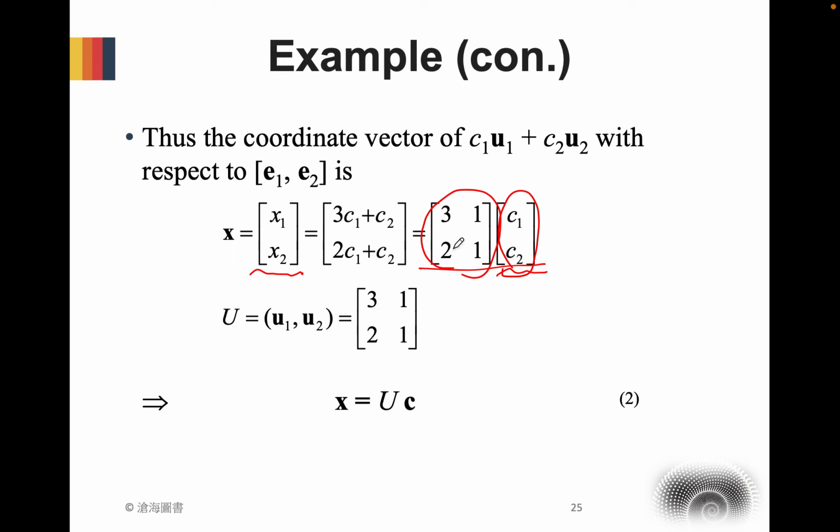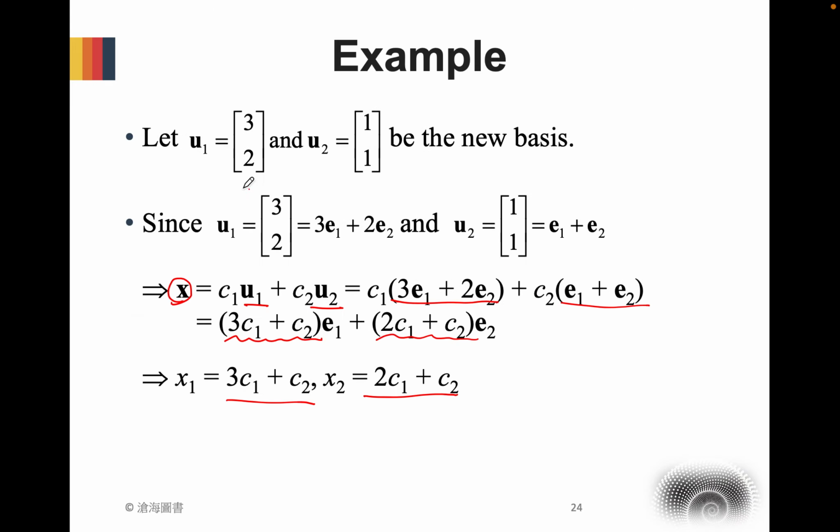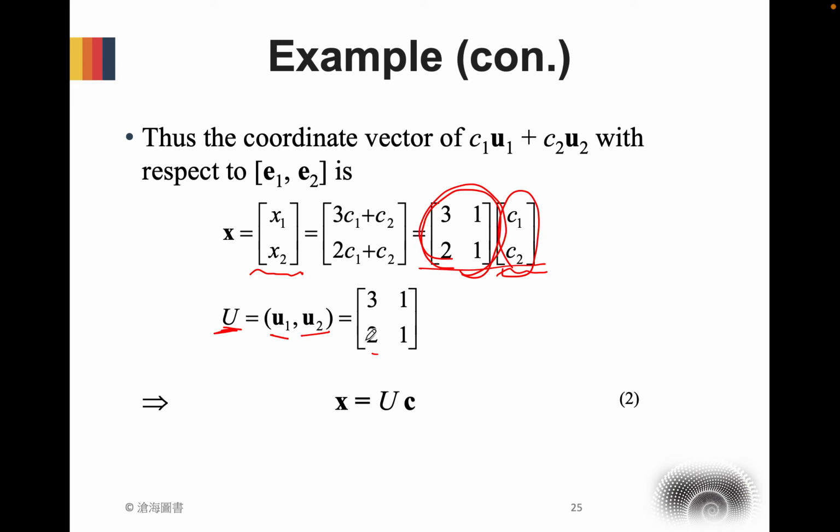And if we define this matrix as U, we found that the matrix U is taking U1 and U2 as the column vectors, right? Because (3, 2) is U1 and (1, 1) is U2. Therefore, this is U1, this is U2, right? So the relation between x and c is x equals U times c,